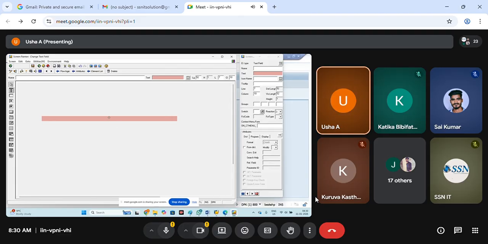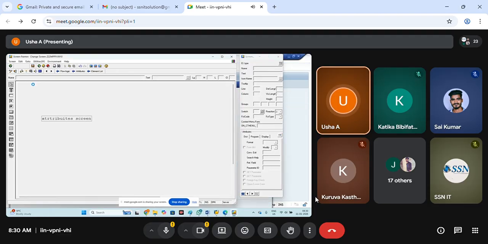T1, name and text I'm giving, T1, which is the attributes screen. Whatever it is, the text I'm giving. Activate it and then come back.